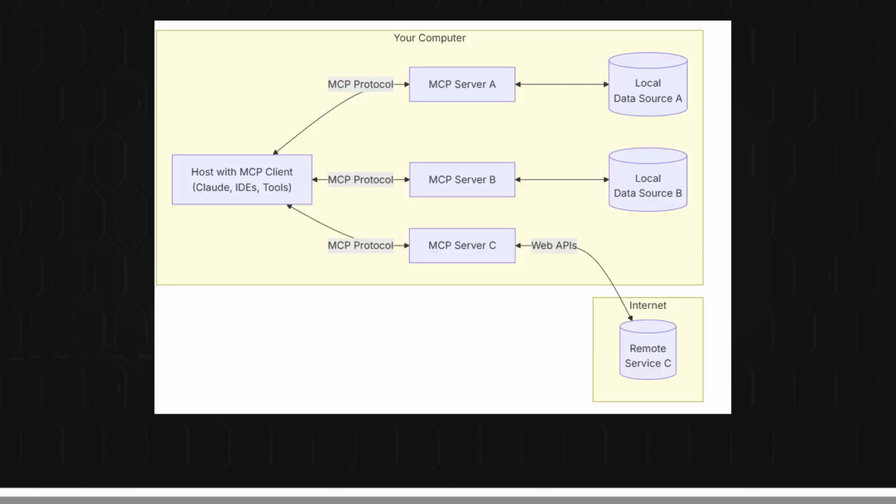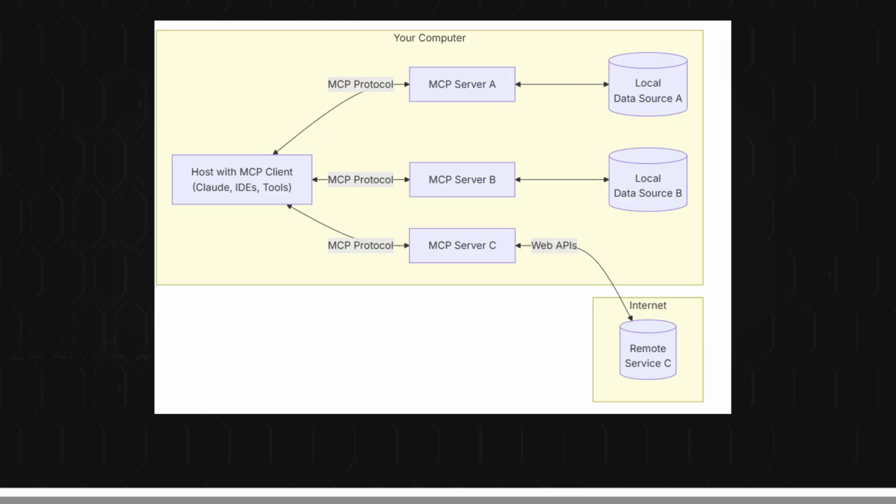This is the main AI application, like a chatbot or an AI powered code editor. It's responsible for managing the overall interaction and often works with the underlying LLM. MCP client. This sits within the host application and handles the communication details with a specific MCP server. Each client is paired with one server.